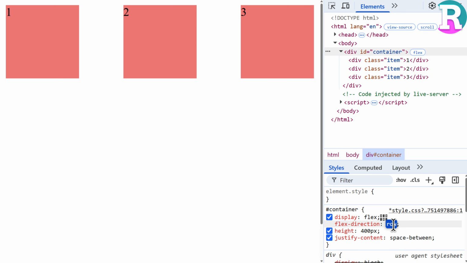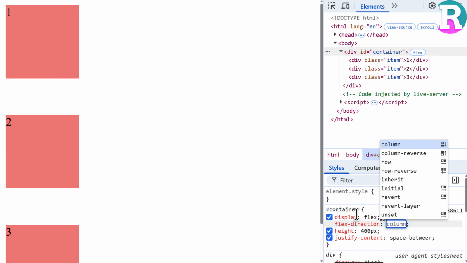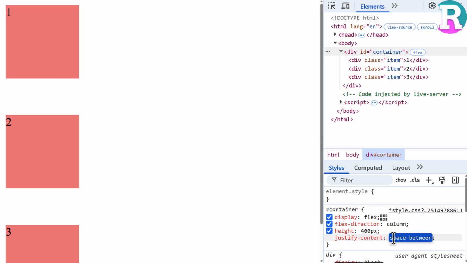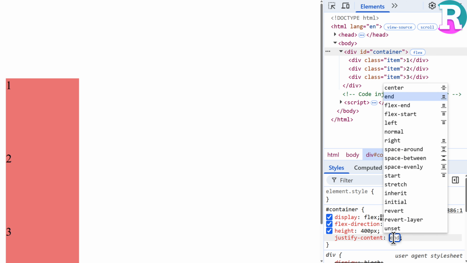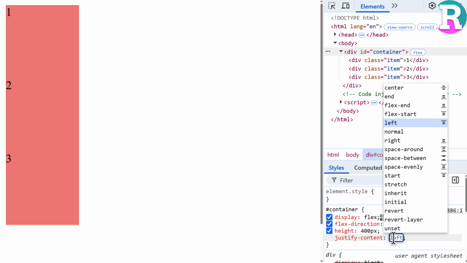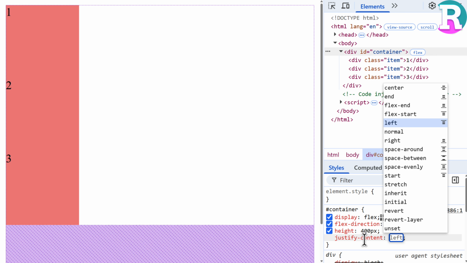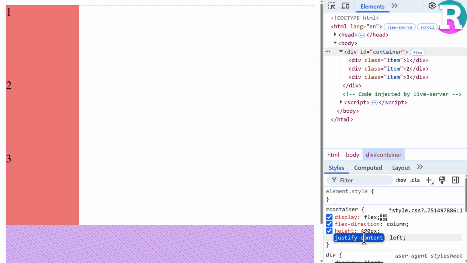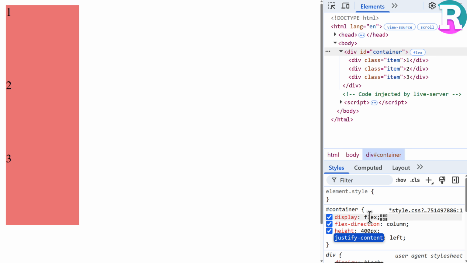Now, if we change the row to column, you can see justify content works in a vertical axis. So it's not about horizontal or vertical, it's about the main axis. Justify content is all about the main axis that the container has. In this case, the direction, which specifies the main axis, is column. So justify content is about the column. So when we say something like